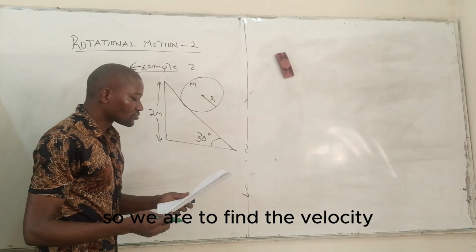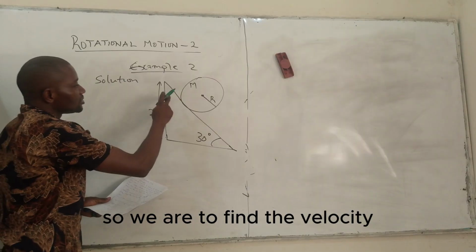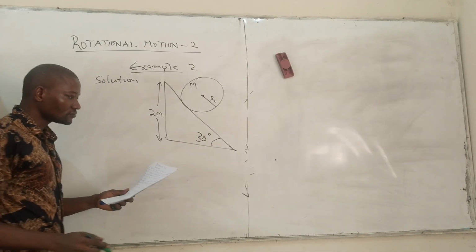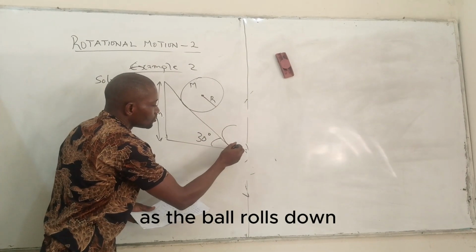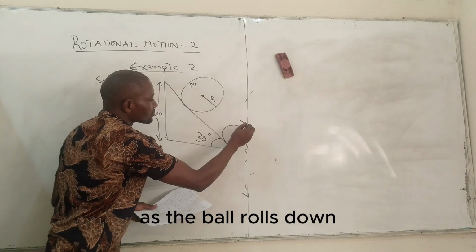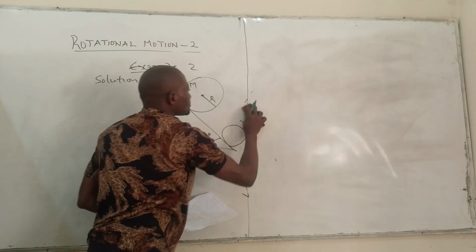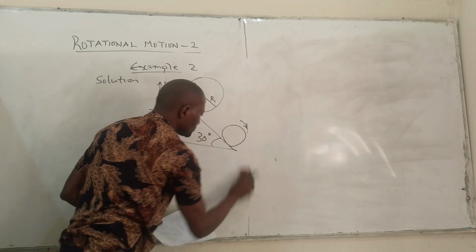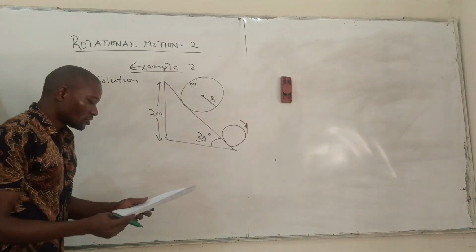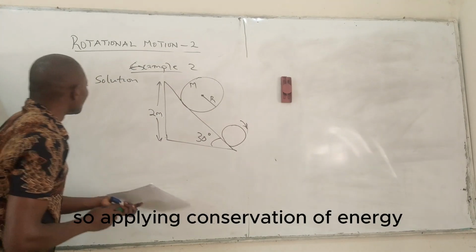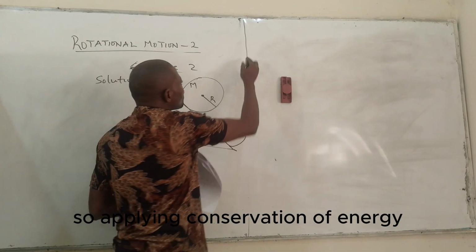So we have to find the velocity as the ball rolls down. So applying conservation of energy,